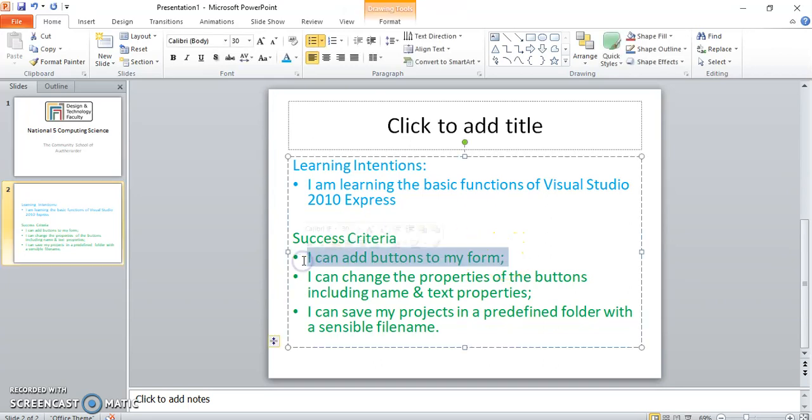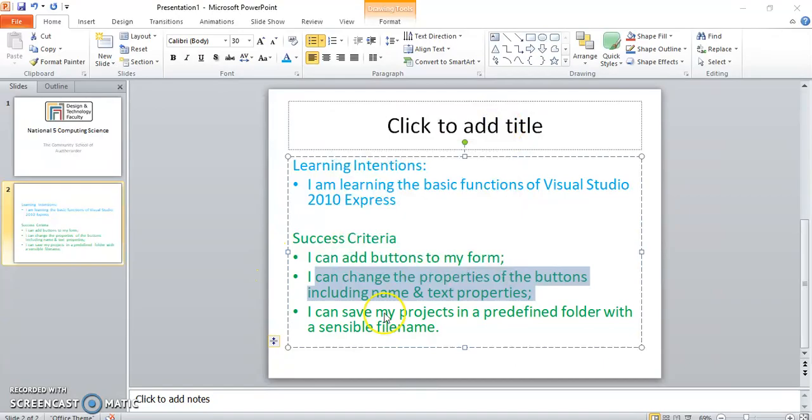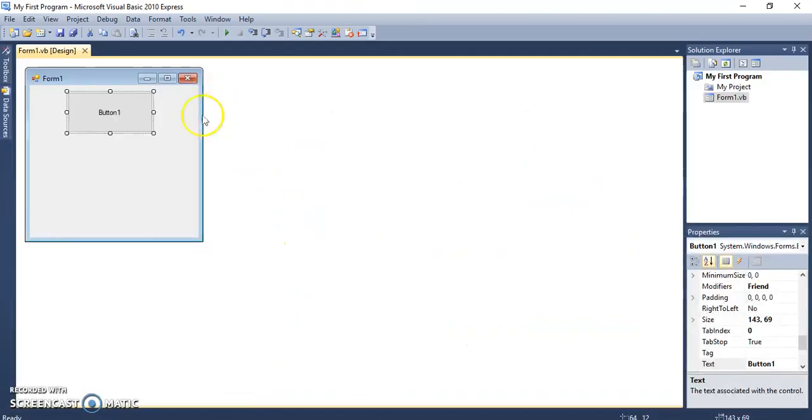So we can add 1, 2, 3, 4, 5 different buttons, all with different purposes, and we can then program those buttons to do a variety of different things. What we're going to look at now is how we change the properties of that button, including name and text, but there are many others that we can choose. So if we go back to our example, if I close that and stop the program from running,